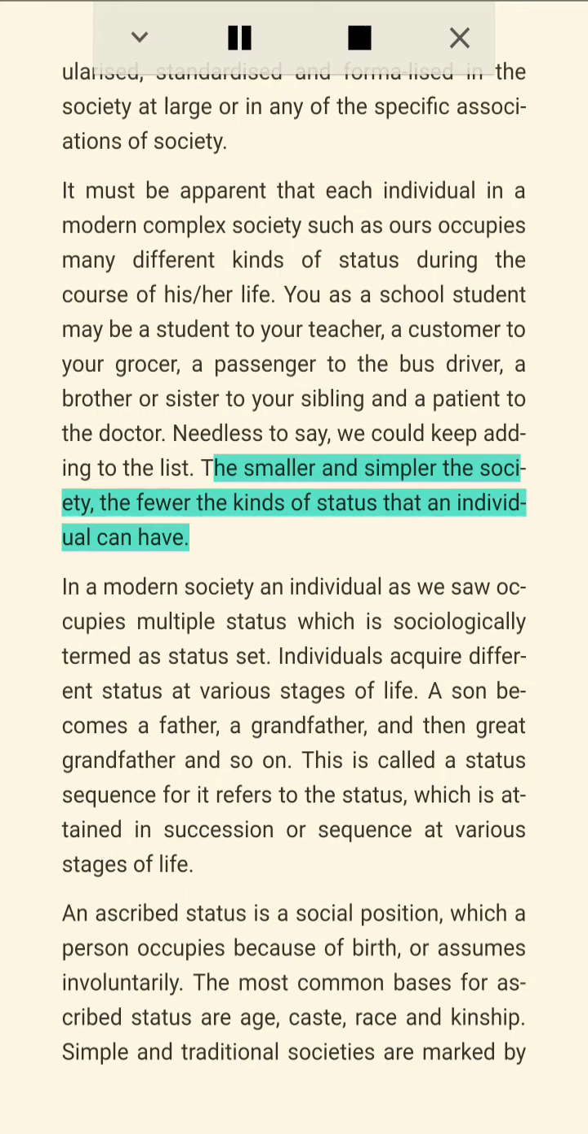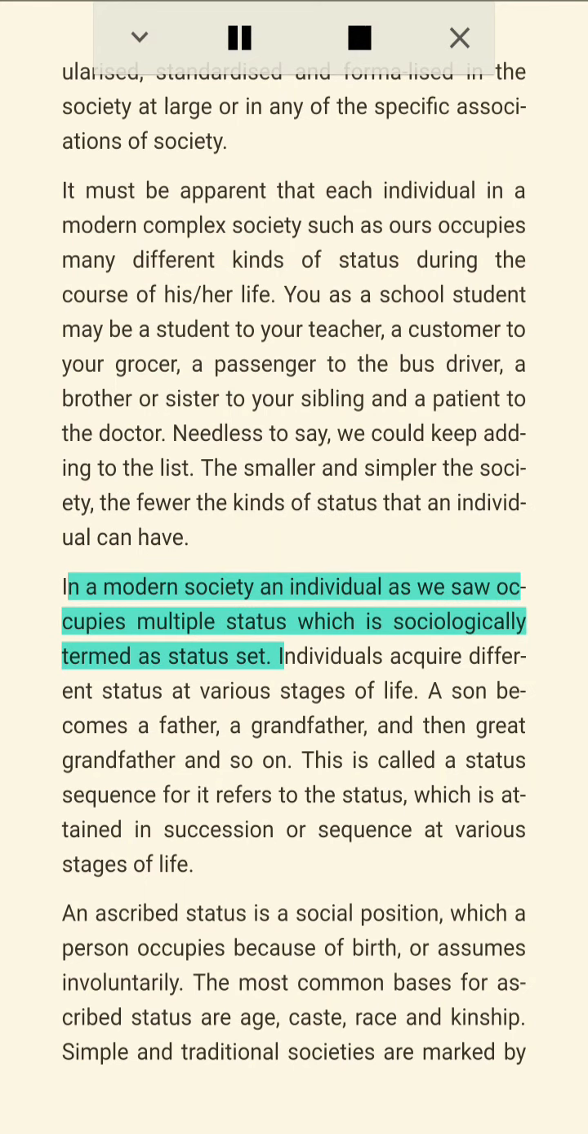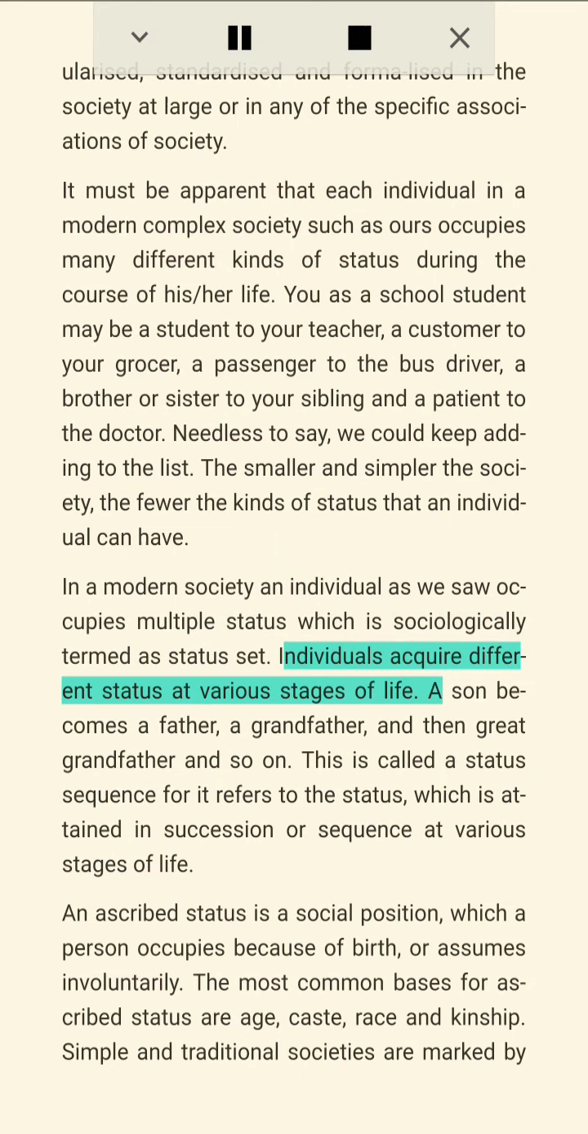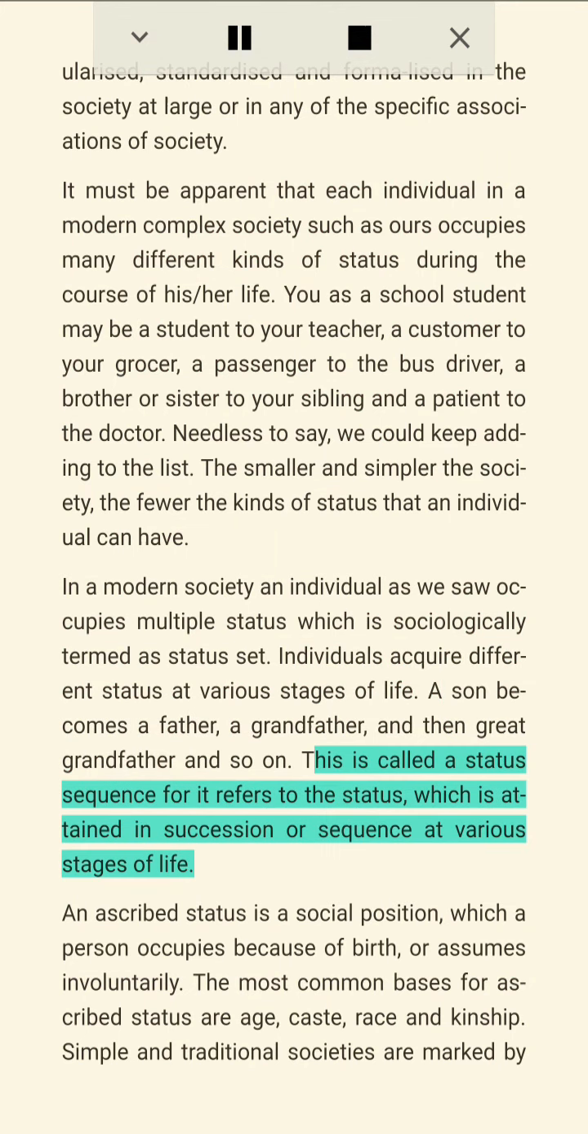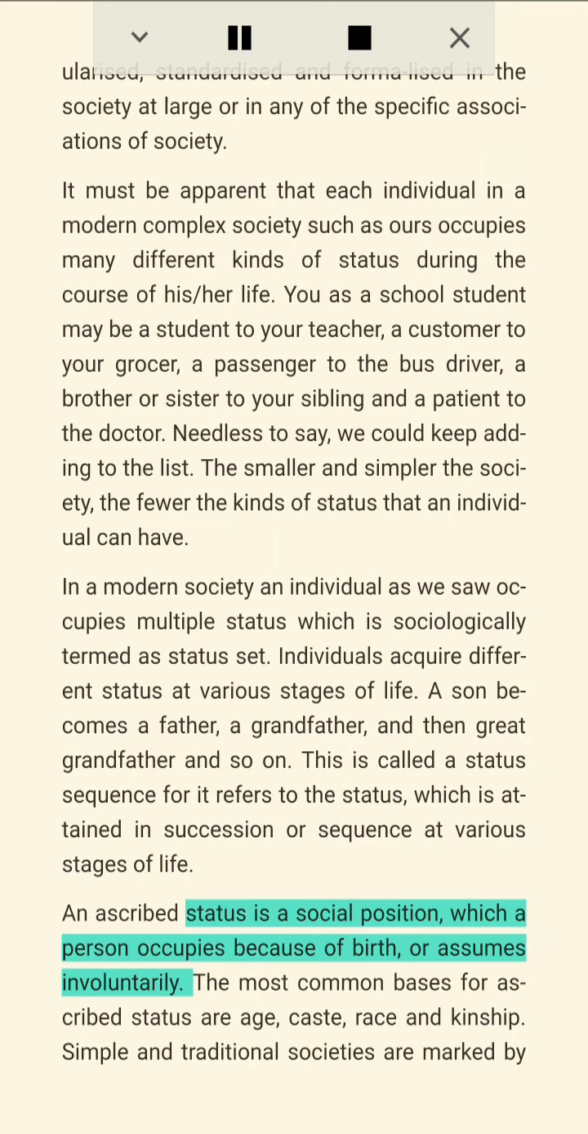Needless to say, we could keep adding to the list. The smaller and simpler the society, the fewer the kinds of status that an individual can have. In a modern society, an individual, as we saw, occupies multiple statuses, which is sociologically termed as status set. Individuals acquire different statuses at various stages of life. A son becomes a father, a grandfather, and then great-grandfather, and so on. This is called a status sequence, for it refers to the statuses which are attained in succession or sequence at